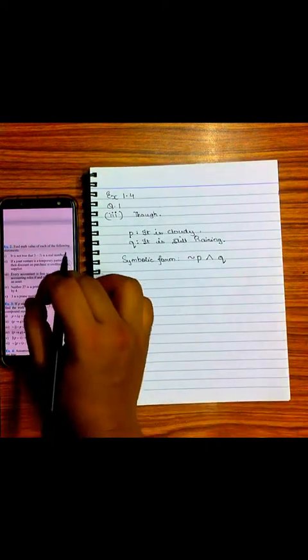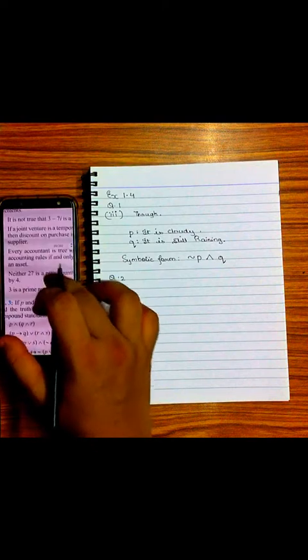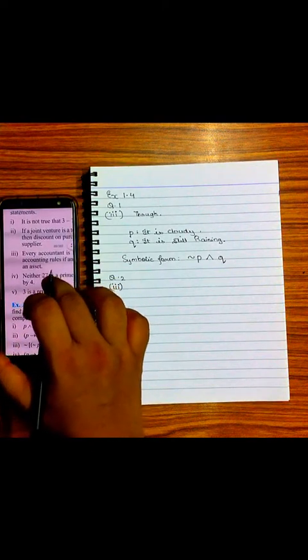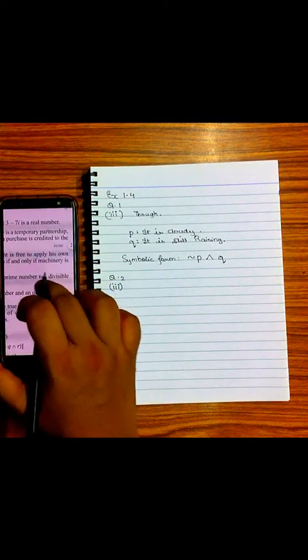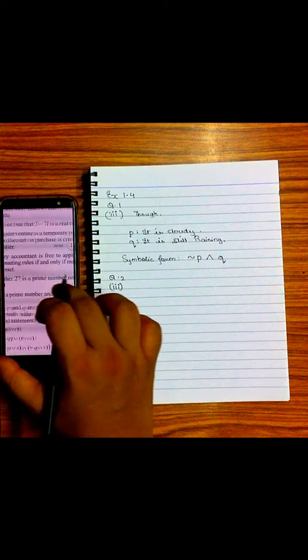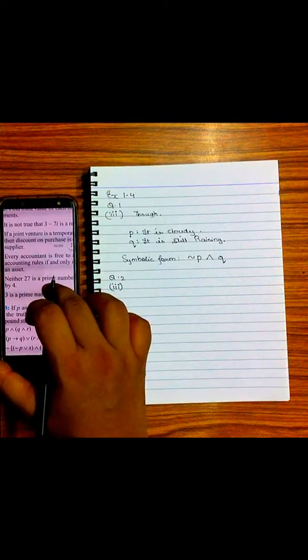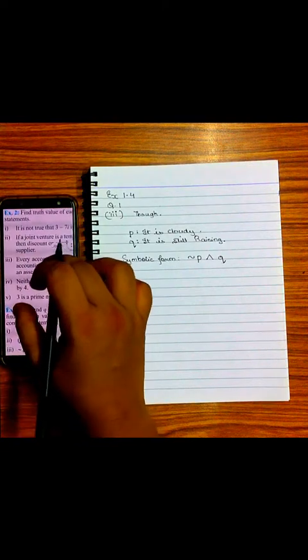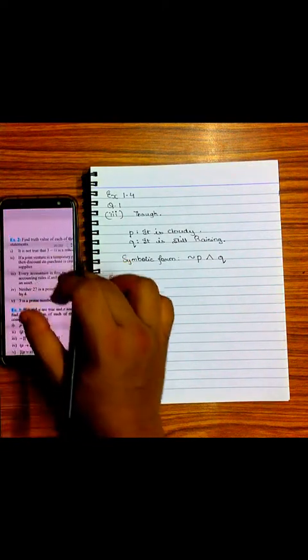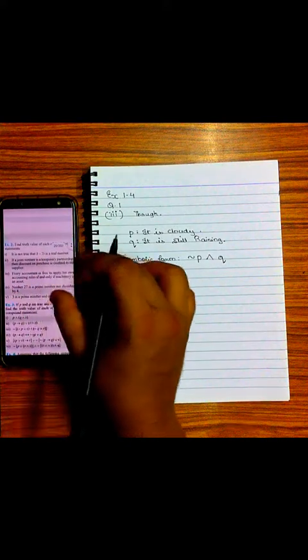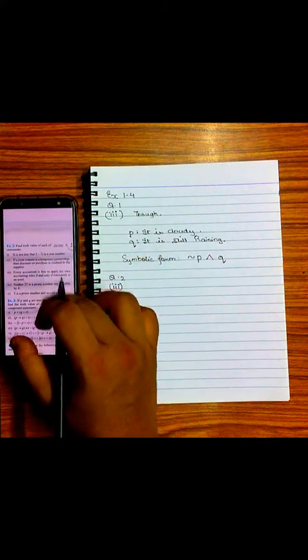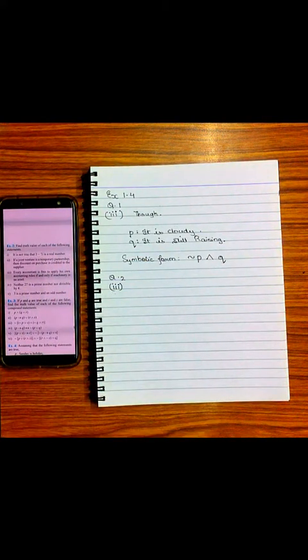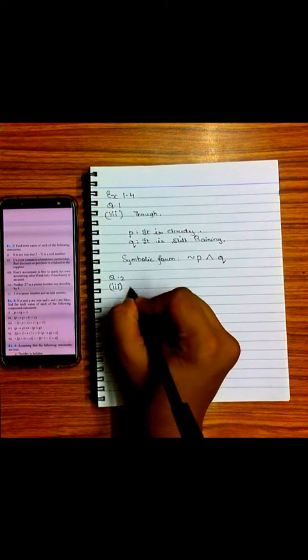Okay, what does the third part say? What does the third part say? Here, every accountant is free to apply his own accounting rules if and only if machinery is an asset. As I told you, there is no need that the two simple sentences will be connected to each other. Okay, so here what is your P?